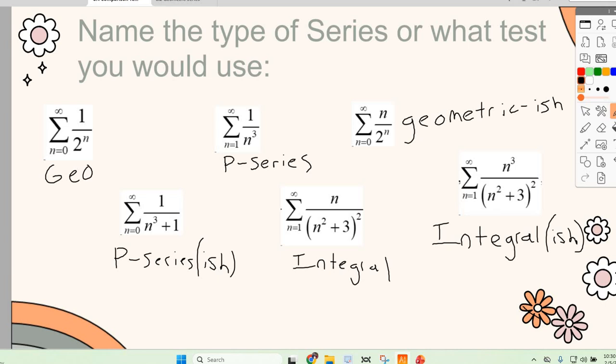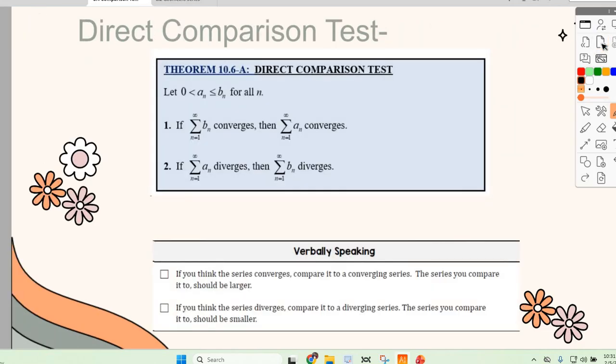So I can't directly use my P series or my geometric series or our integral test. However, what we can do is compare it to one of the series and talk about it that way. So our first is our direct comparison test. Okay, I'm going to draw you a picture because I think the picture helps. Okay. So A sub n, I'm also going to write this out. So A sub n is our original. Okay, B sub n is our